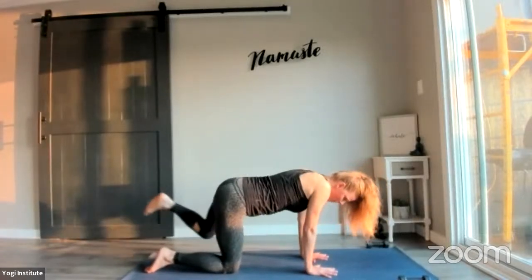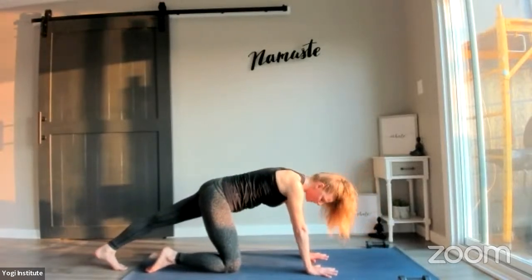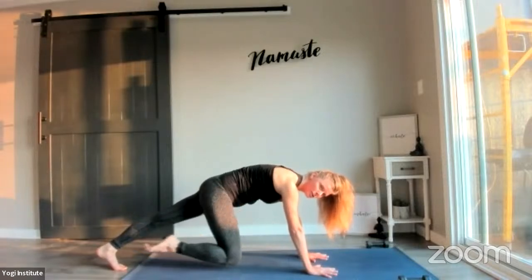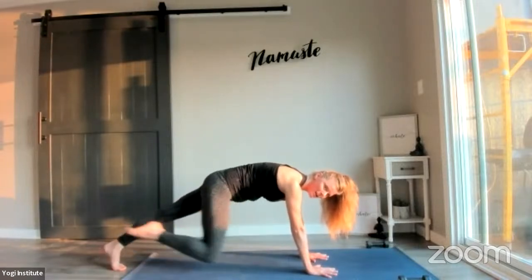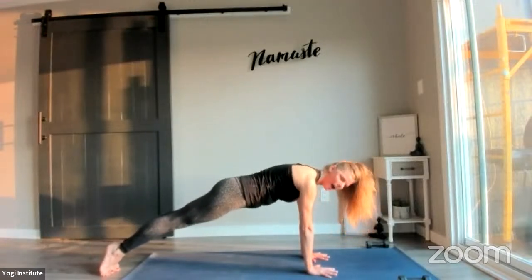Send the left leg out behind you. Press through your heel. Flex your toes down. Press your heel back and down. Let's lift the right knee to the chest for 3, 2, 1. Instead of coming down, send that right foot back to meet the left, and let's press into our high plank